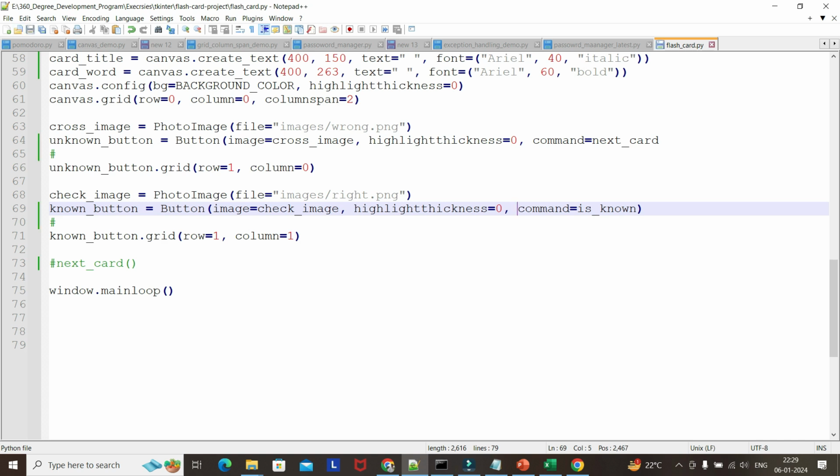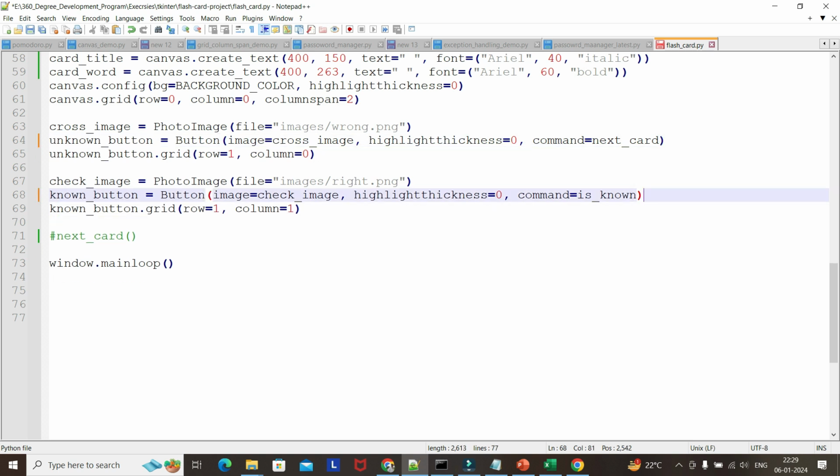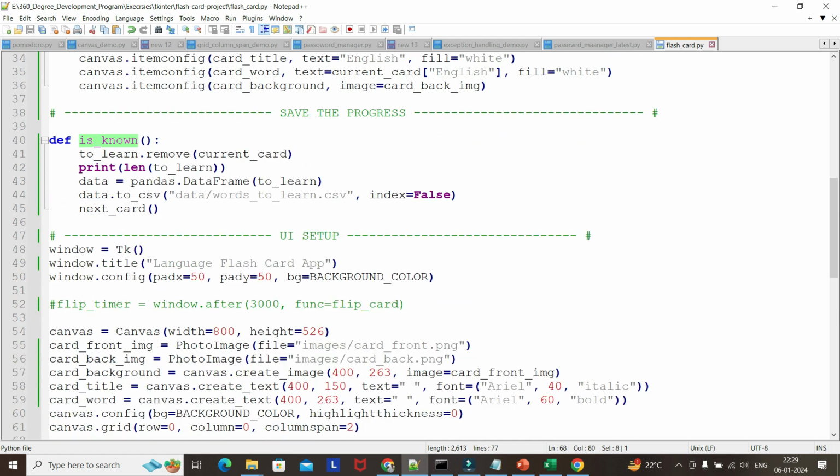The known button is the green button, and the wrong one is the red button. So whenever we click on the green button, what will it be doing? It will remove the current card from the